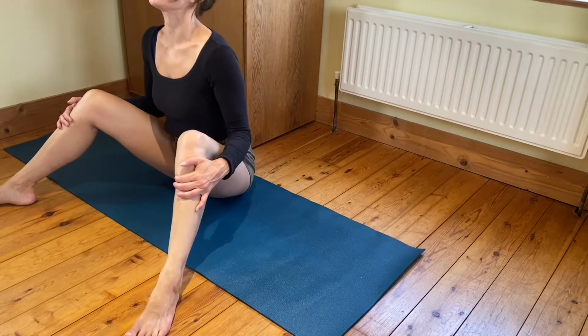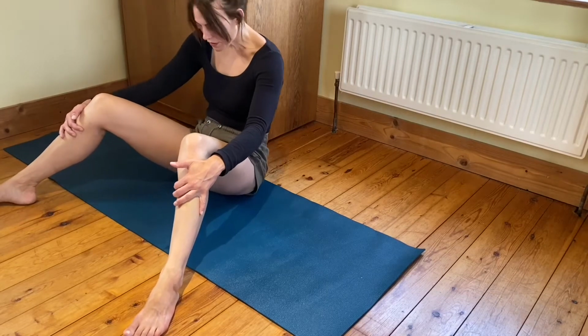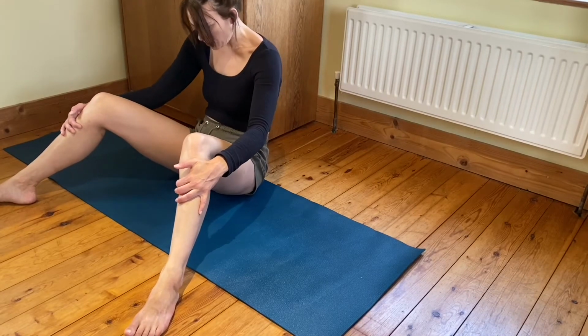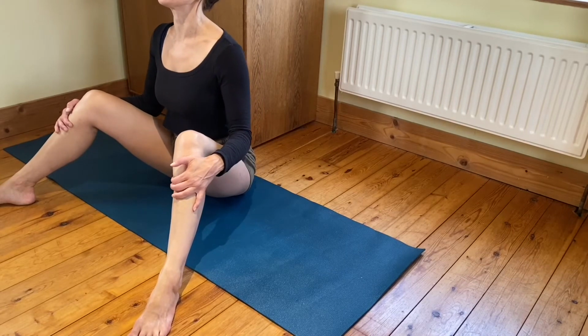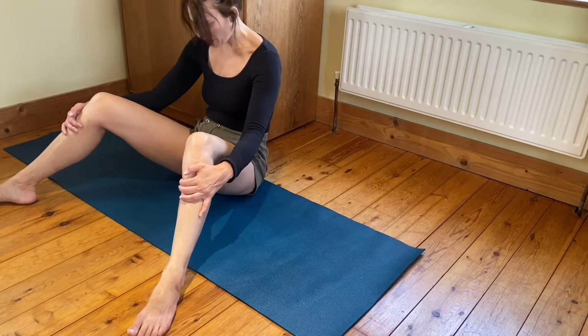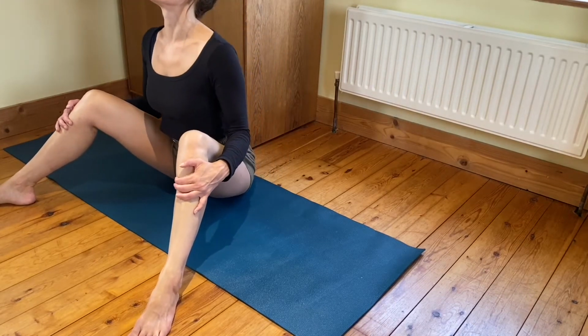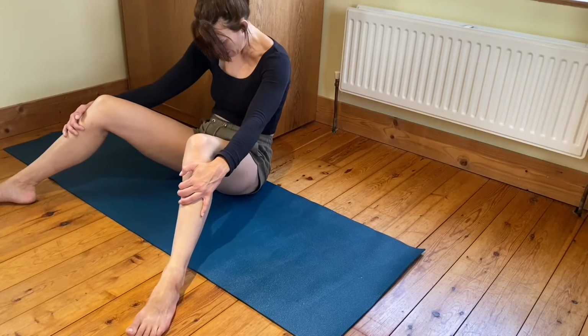It can be helpful to sit up on a block. So if you feel that your range of movement is a little limited, try sitting up on a yoga block, a thick book or a cushion. It can help. And as we exhale and we round,